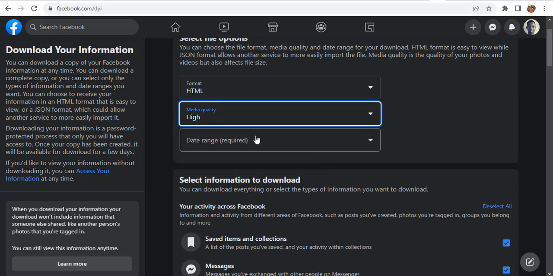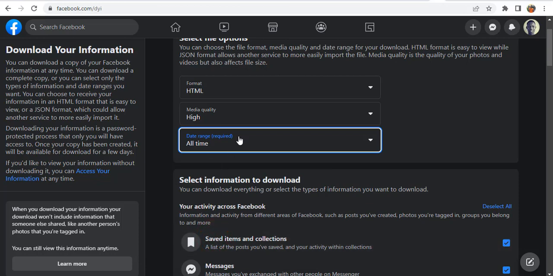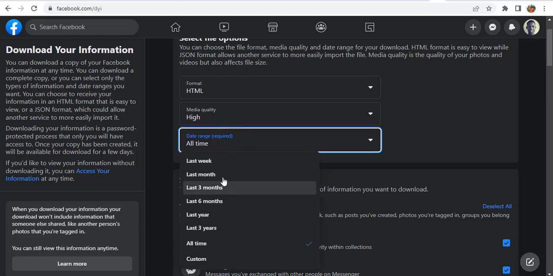Then date range. So yeah, you can select which period you want. You can choose to do all time. Facebook will send you all the data they've gathered about you since you first signed up on the platform. Or you can do custom, or you can just pick one of these options here. So I can choose to say the last